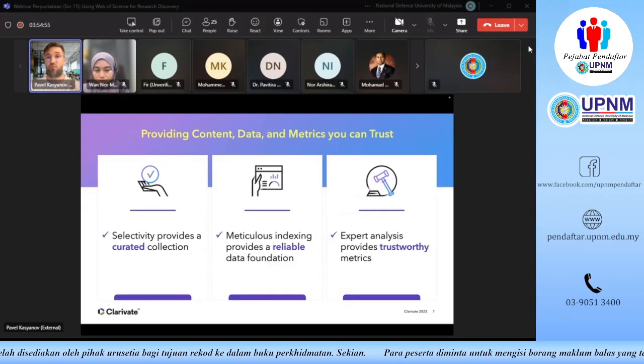So that makes us completely unbiased, and that makes all the selection process for Web of Science very clear. I know I'm spending a lot of time to explain why this is important, so to some of you this might look like a sales speech, but really this is just to explain that within Web of Science, this is a safe space for you to run searches and to trust the data that is there.